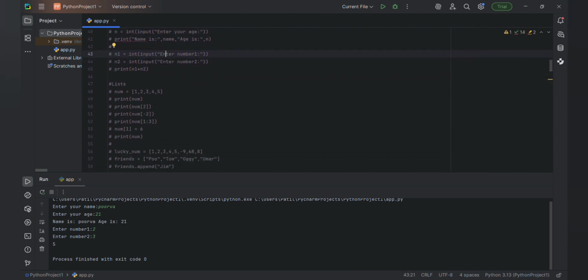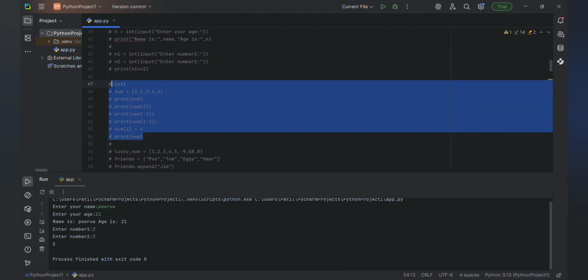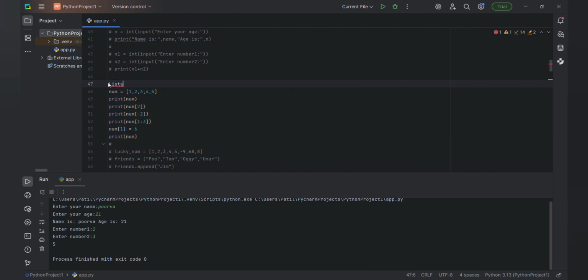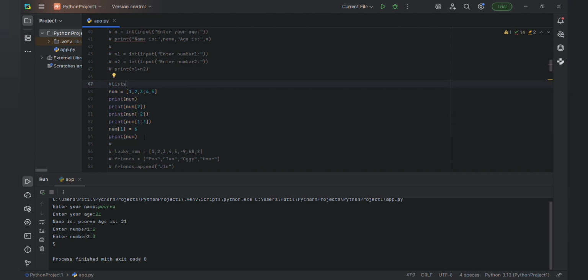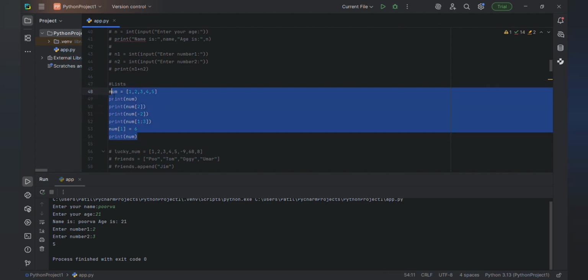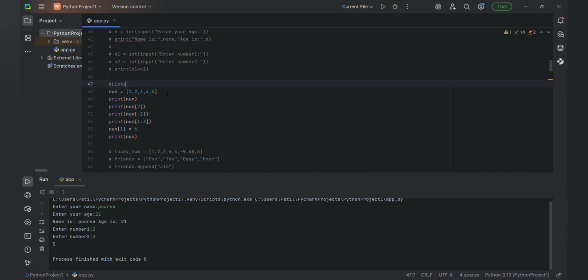Next thing is we are learning lists. Let me briefly tell you what lists are. A list is mutable, which means you can do any operations on a list. Lists are a little bit like arrays. They perform operations like arrays, and you can store a list of numbers in one variable.